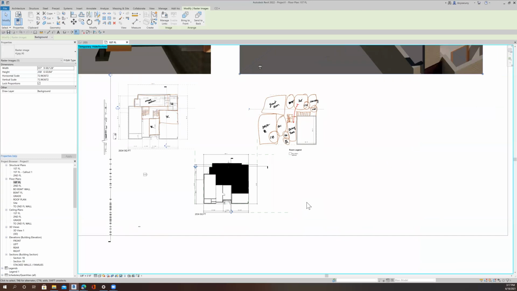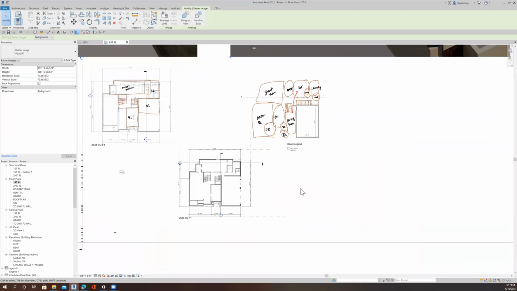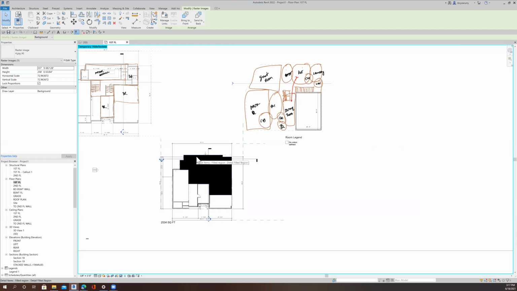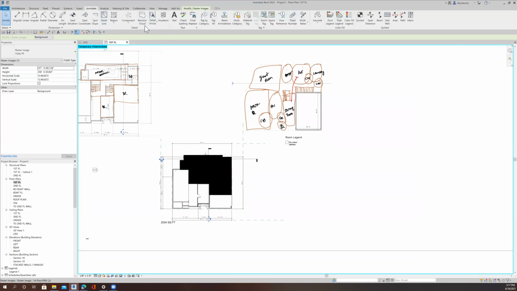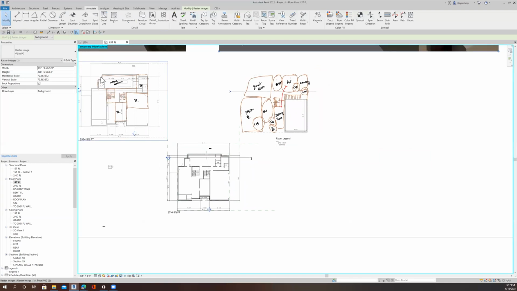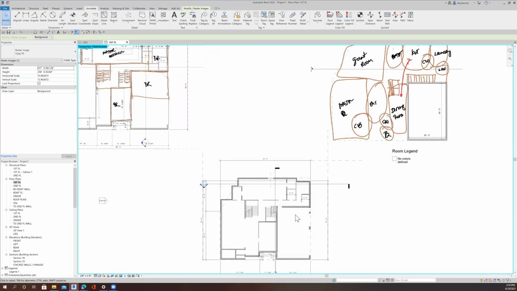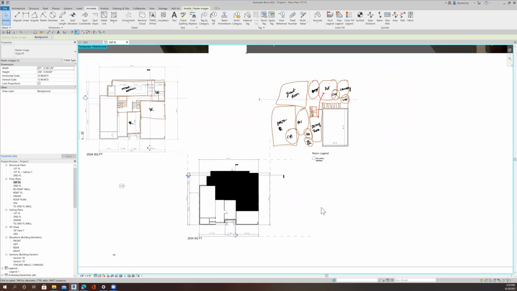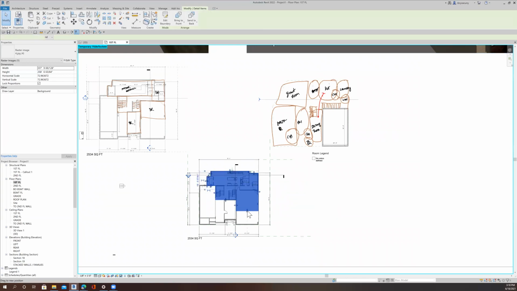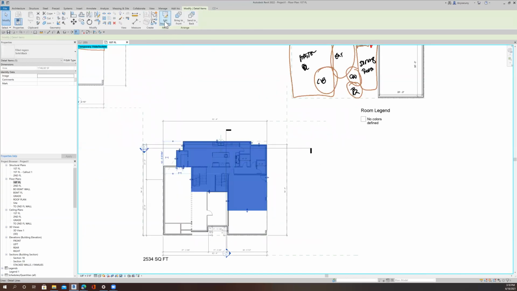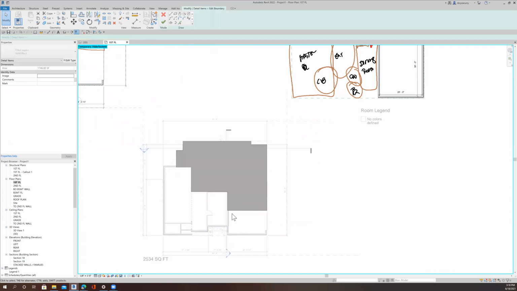And remember, my goal is 4,000 square feet. So what I did was I put another annotate region, and I just drew a region around approximately where I think the second floor is going to be. Oh, I did not. Nope. I forgot to do this one. Oh, that's not good. Okay. So we were bad, but now we're really bad. So I'm going to edit the boundary here and